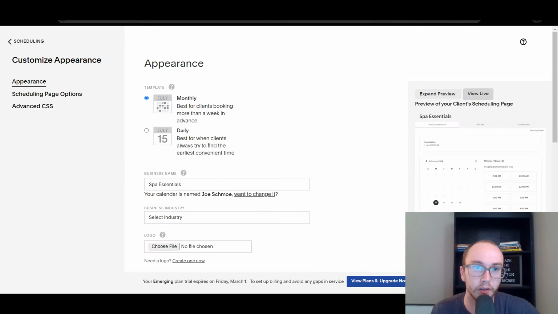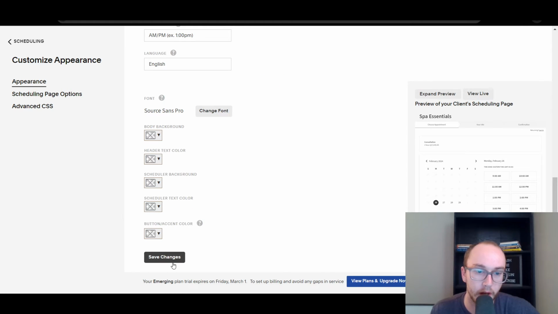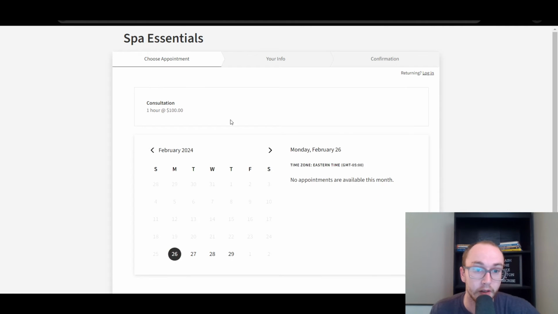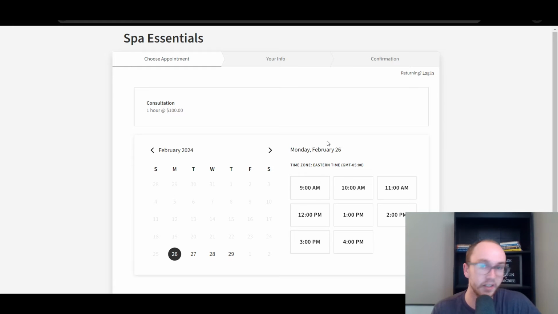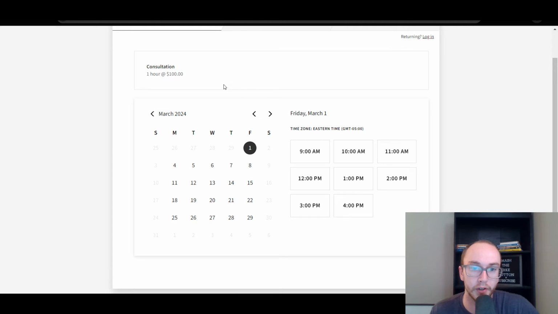Yeah, so that's currently what it already has. Save changes at the bottom. There you go. So you want to make sure you obviously click the save changes button so you can actually see what you're editing. As you can see now, this sort of looks more like a Calendly feel if you're familiar with that platform. And this is so people can book you a little bit easier further in advance. So maybe if you're booking somebody like a month out,